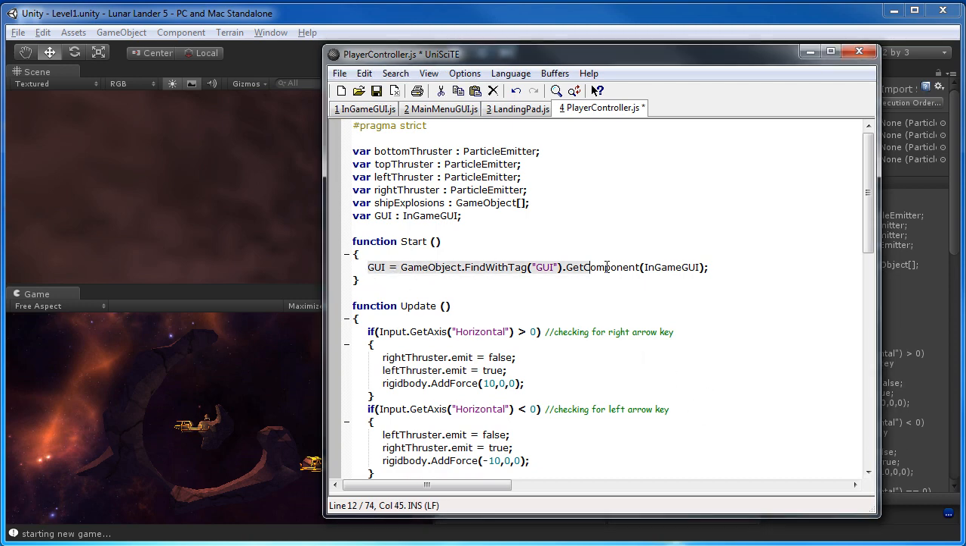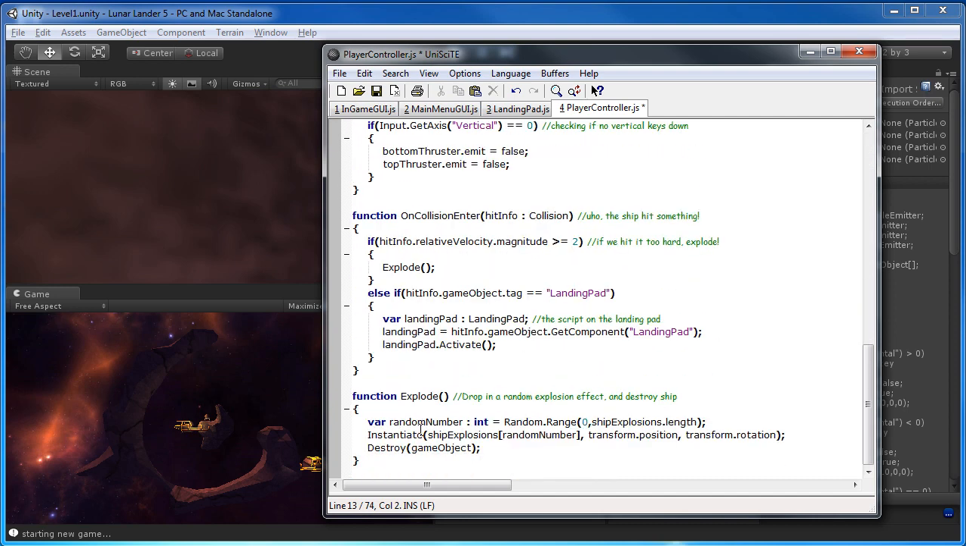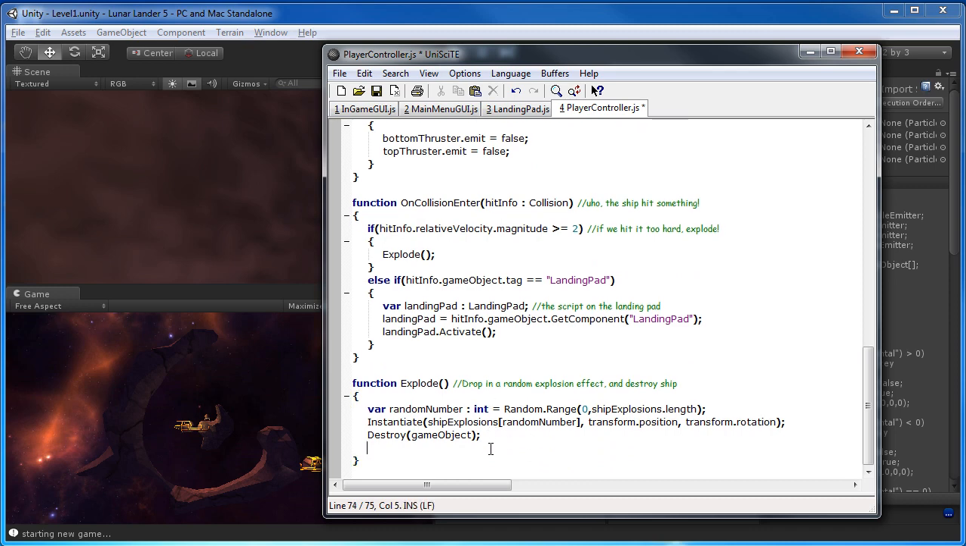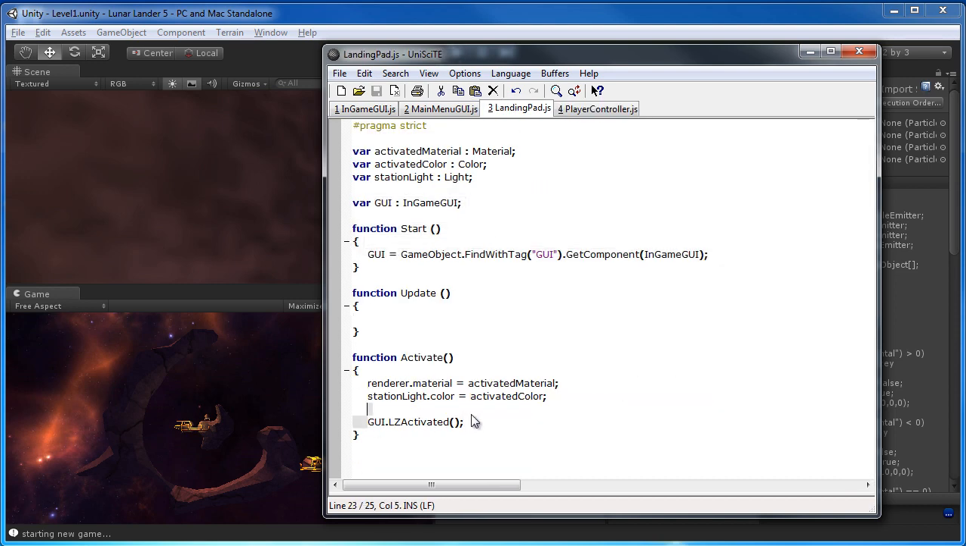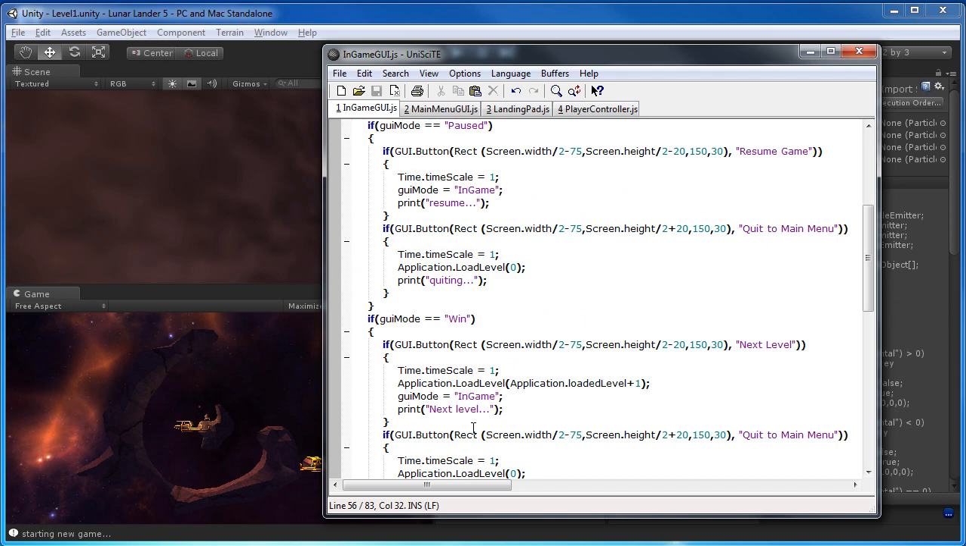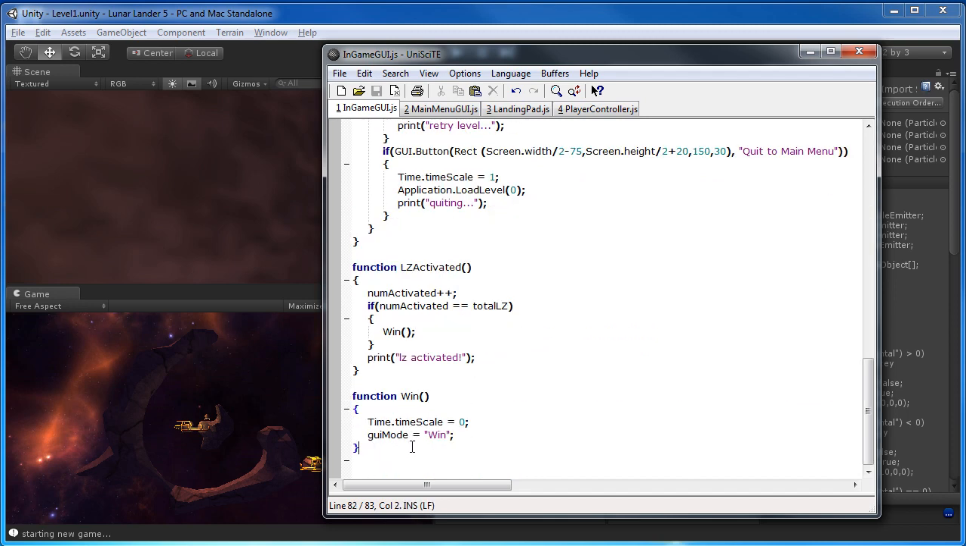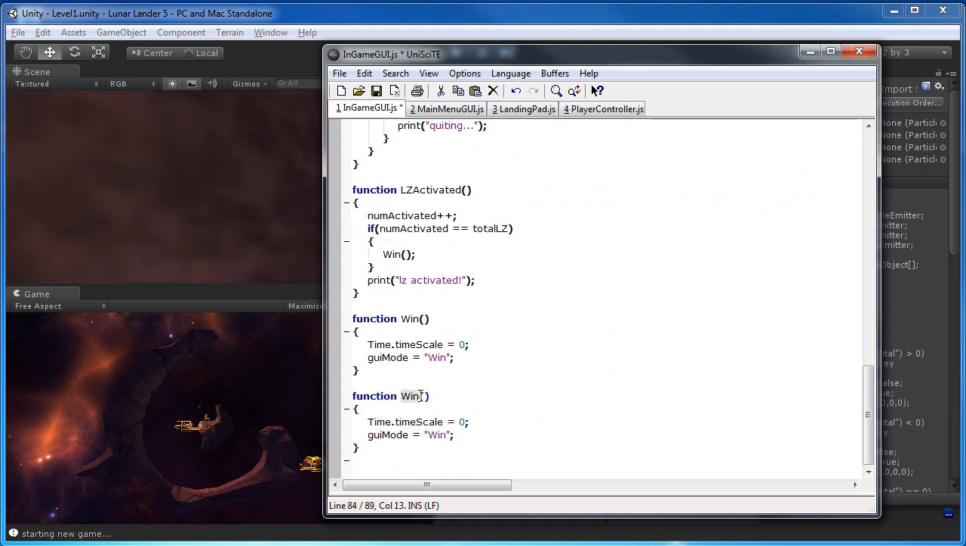Okay, so just the same, we now have our connection to the GUI that should come in automatically, and we'll need to, in the explode function in the player controller here, just set up a connection to the GUI so that it loses. So GUI.lose, and we're calling the function lose just like we did in landing pad, GUI.lz activated, and in this case we already have that set up. No? Okay, we'll set it up now. Kind of remember doing that. Okay, so function lose,